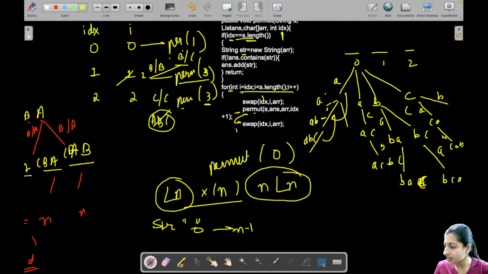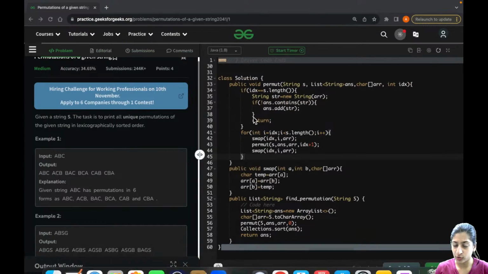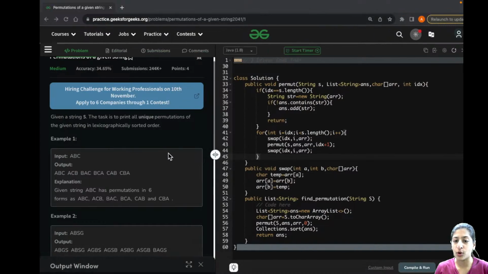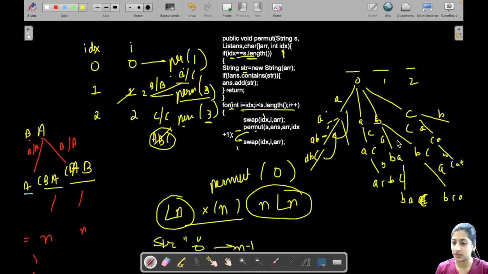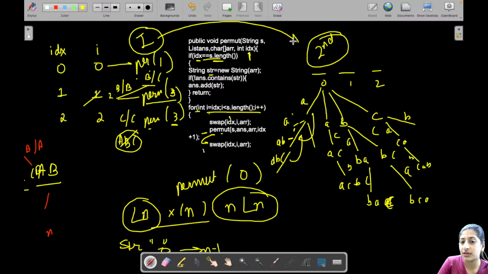See, this is the most efficient approach that we can use, the one that we have coded. So this is the efficient approach of solving this problem using the backtracking method. The second approach that I was telling you can also be used. The question will be solved, but the first one is more efficient than the second one